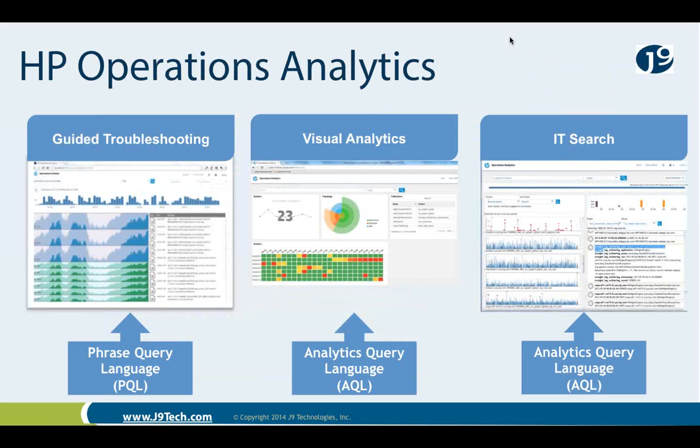Secondly, HP Operations Analytics. I touched on this a little bit earlier, but it is about being able to take some of that machine data, events and metrics, and also use it for guided troubleshooting, additional visual analytics, as well as just log searching. So similar to what, at a very base level, being able to search along the machine data that's being harnessed by various data collectors